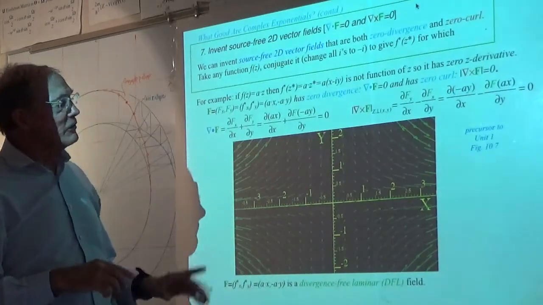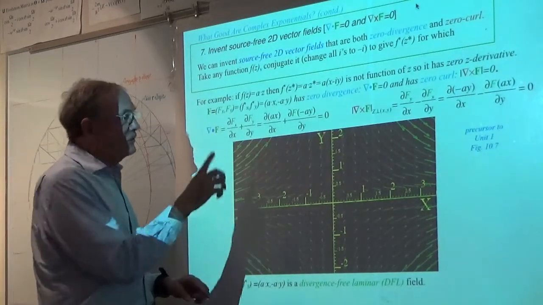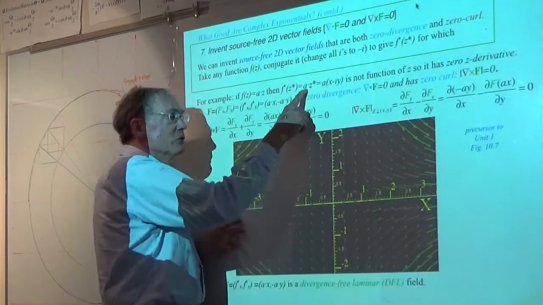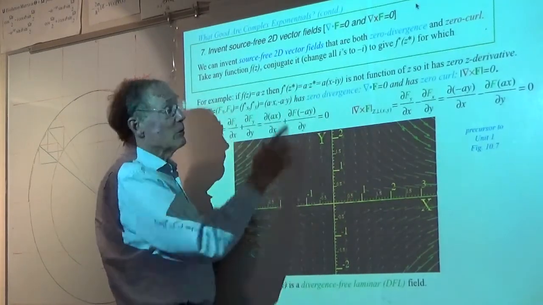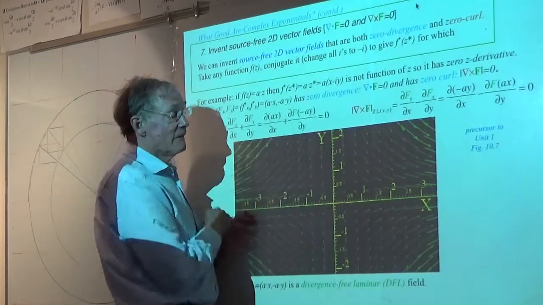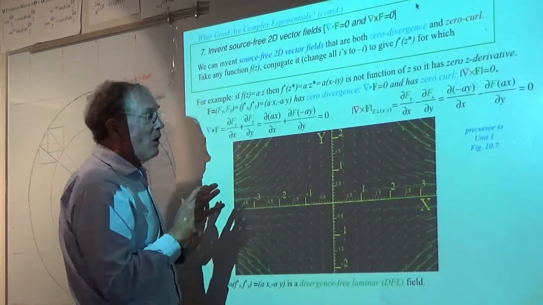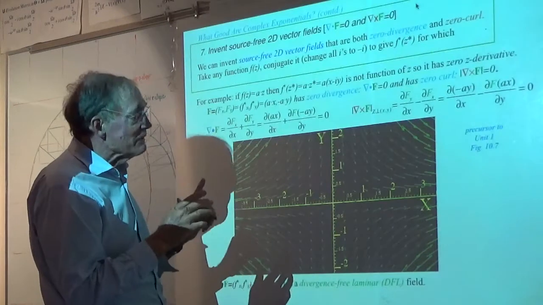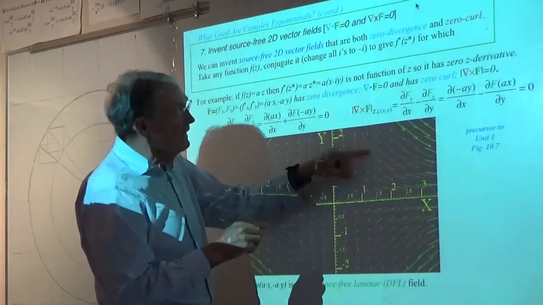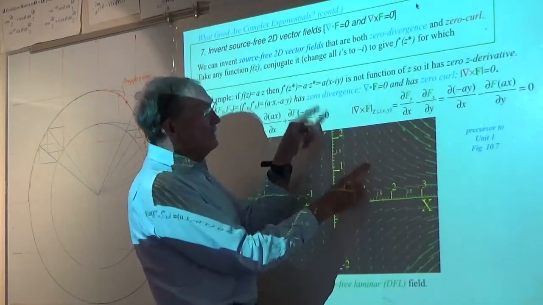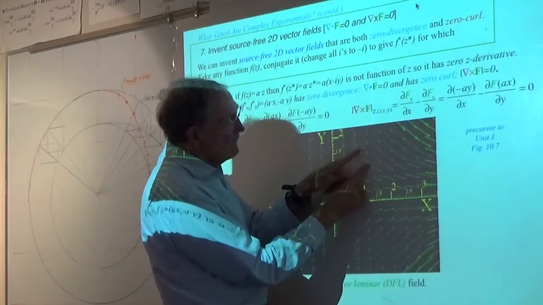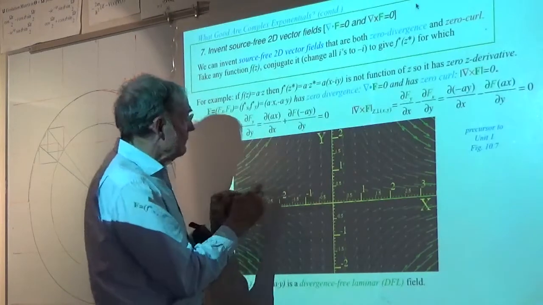Now what's the difference between the field that you get with AZ and this one we're getting with AZ star? What's the difference? The only difference is the y component has been negated. Every one of these vectors, if I had just done z, would be pointing up. Let's take a good big one here.